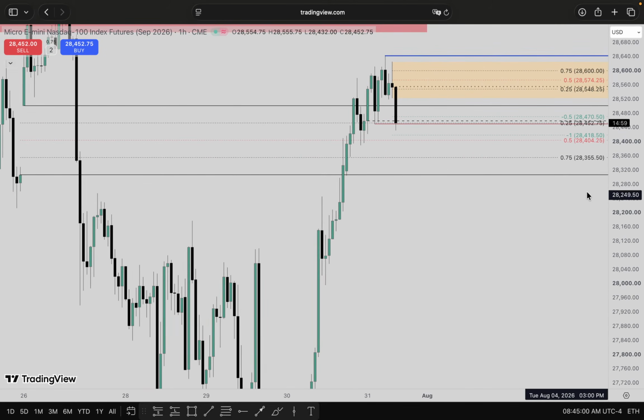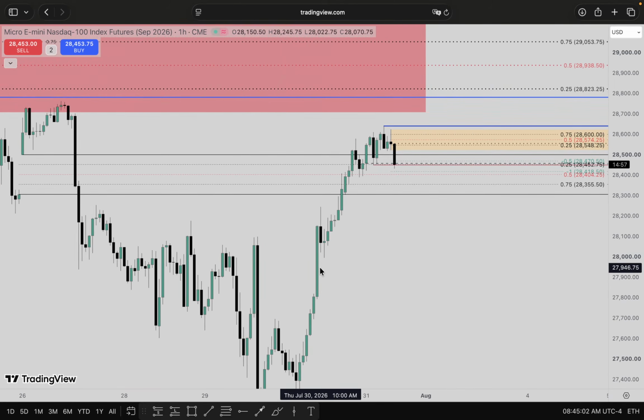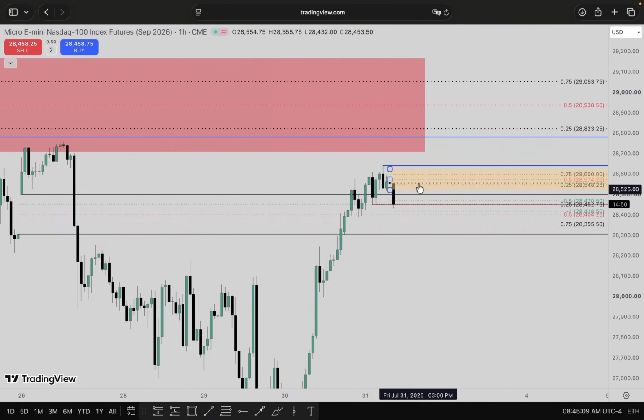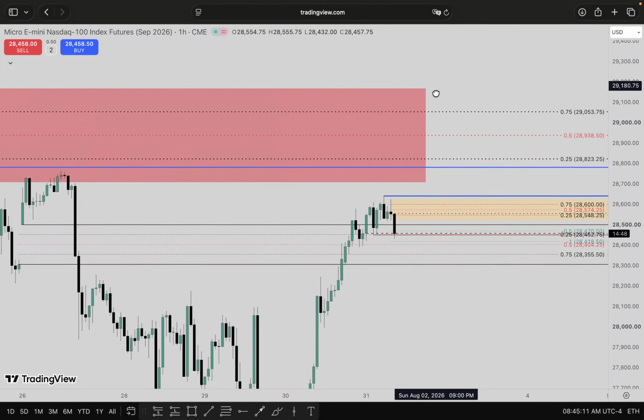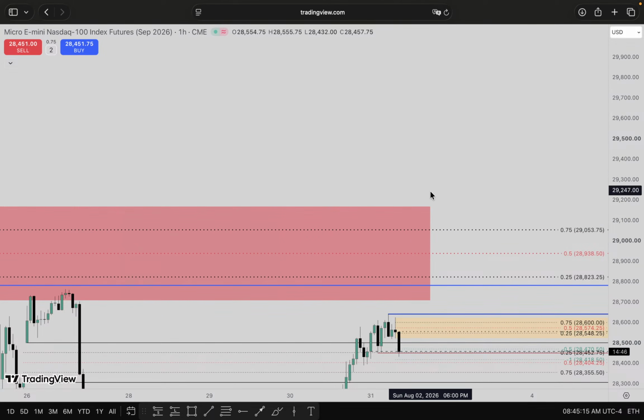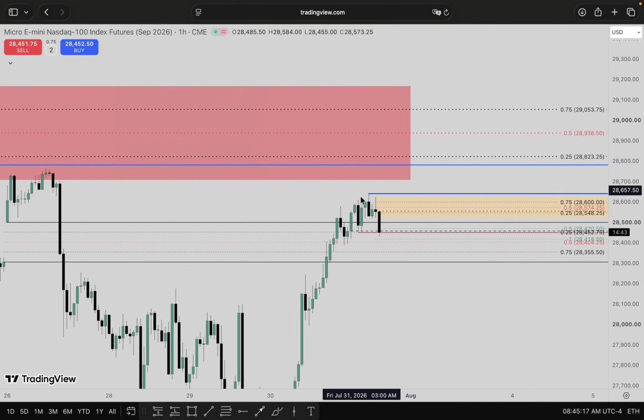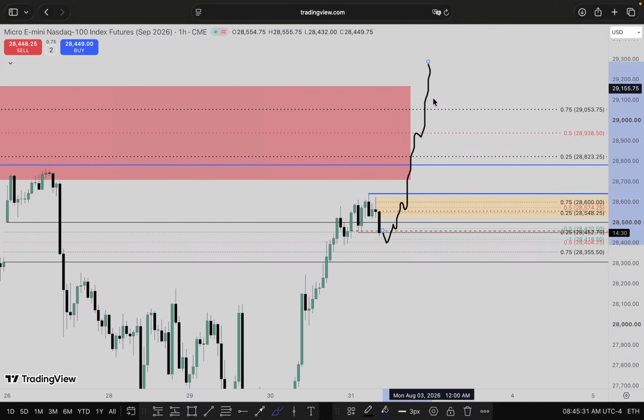Unless we're going to start trying to head down for other inefficiencies down in here before we go up higher. But in the meantime, I'm talking about as of now, because I want to really see if we can get in this, and then 9:30 opens up, and then we just shoot for the stars. Because at 9:30, I feel like it'll just push down. Or if we already push down before 9:30 and it opens, we can probably push all the way up here, something like that,